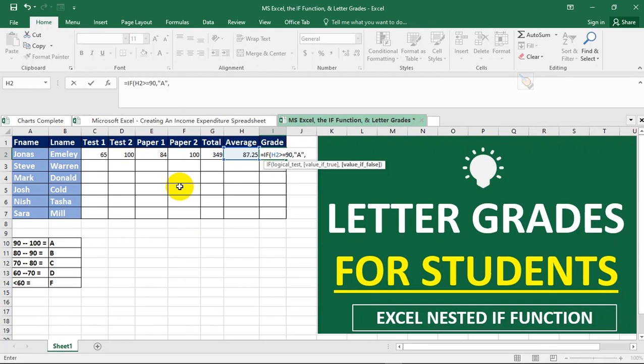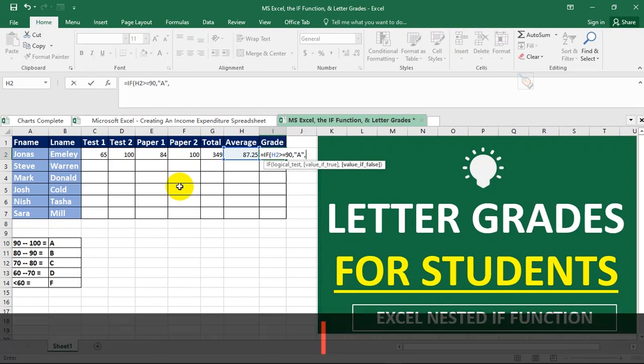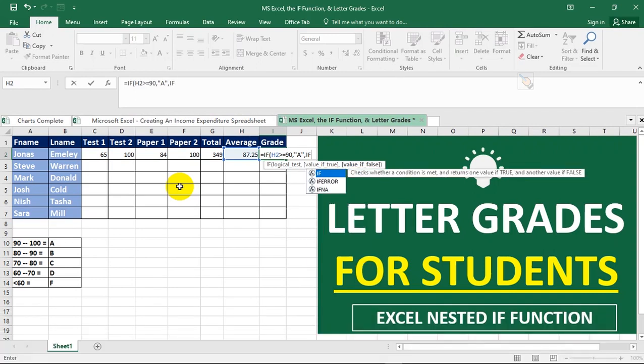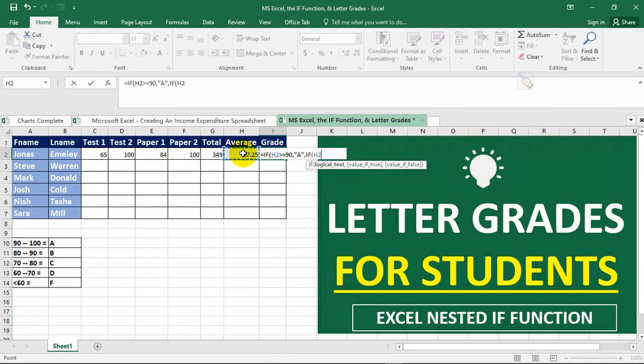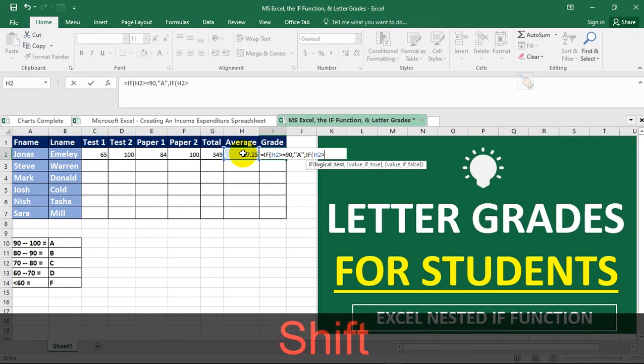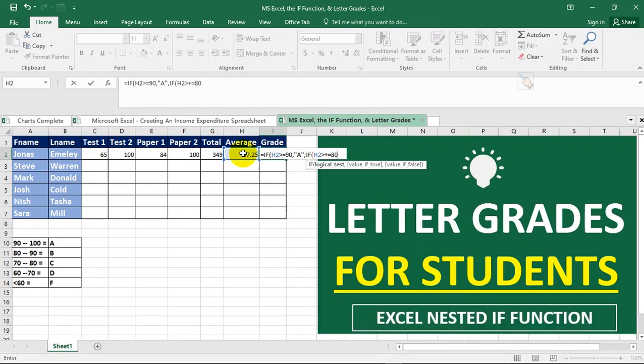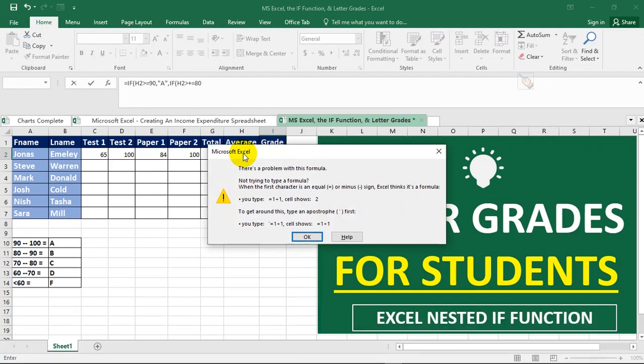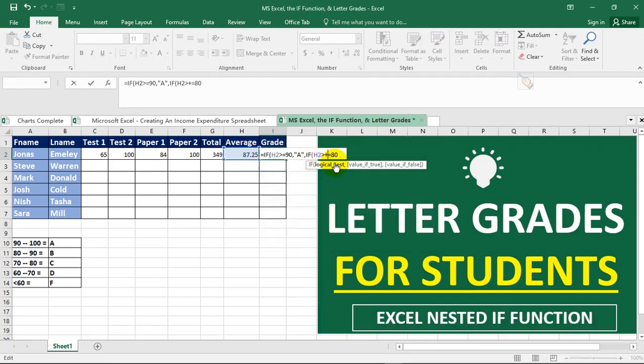So if the value is false, then you should start your second IF, right? So select it, then it asks for the logical test. The logical test is still if this same cell H2 is greater or equal to... Sorry, I think I made an error there, so I want to delete that plus sign. Okay, so let me just continue from my formula bar. It's greater or equal to 80,